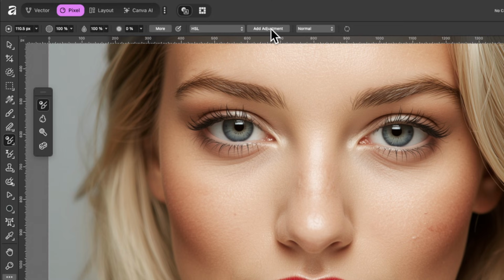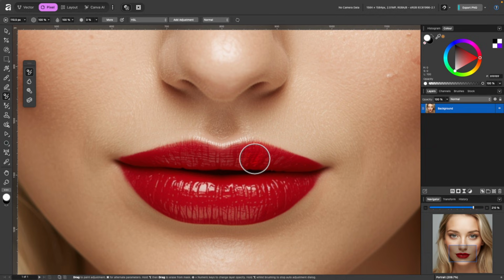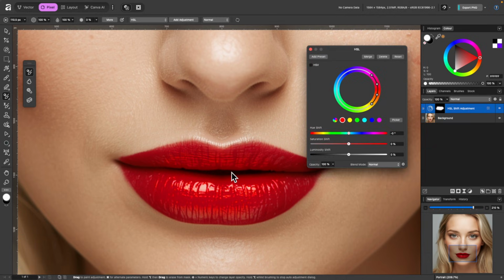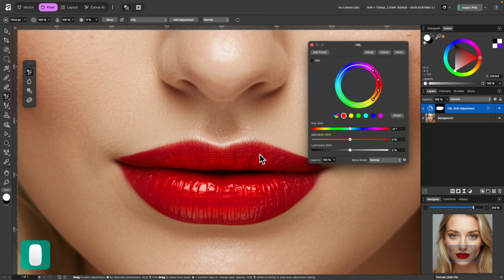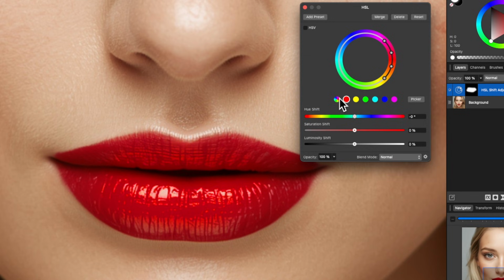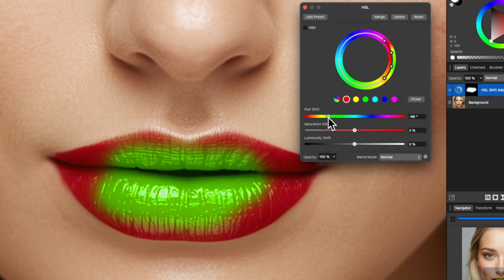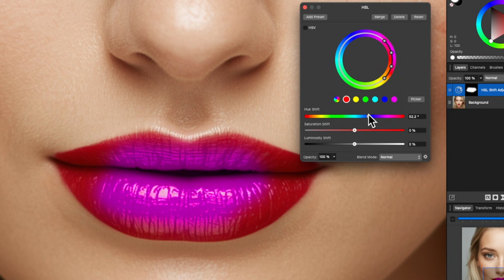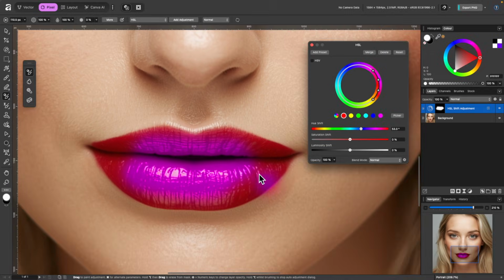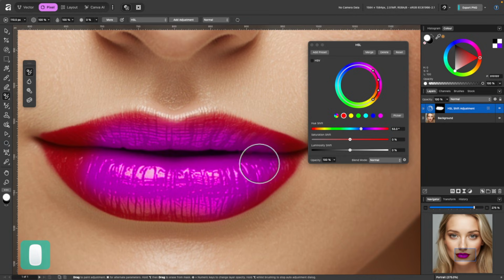From this point, I can go ahead and click Add Adjustment and then start painting, or I can just start painting now. So I'm just going to click and drag around, and you won't know what I've done yet because we haven't made any adjustments yet, but up pops the HSL box, and I want to change these red lips into kind of pinky purple ones. So up here in the colors, obviously the lips are red, so I'm going to choose the red one, and I will just drag this hue slider up until I find the kind of color I want, maybe something like that. And from this point, I could just continue painting. So I'll just click and drag around.